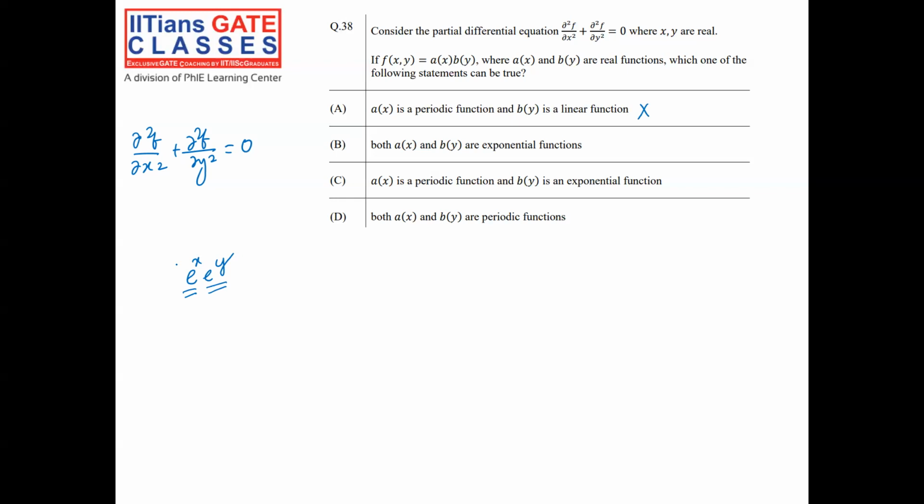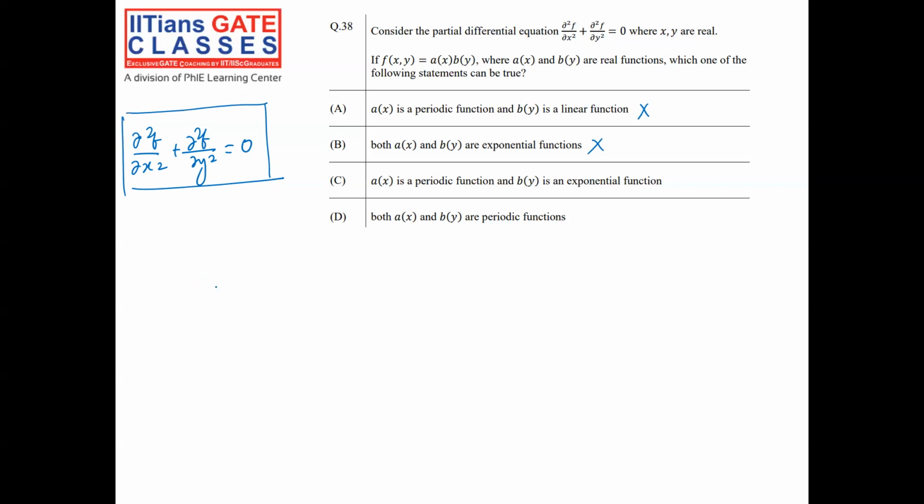So ultimately, we can say that if both a of x and b of x are exponential, in that case, we may not end up with a function which satisfies the Laplace equation. Okay. But now if we take a third option